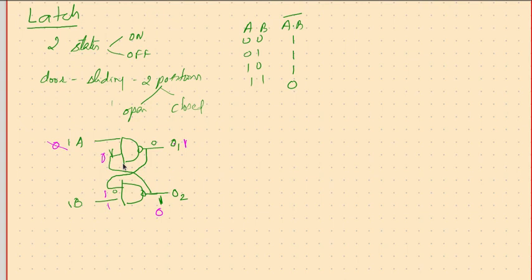So now, as long as you don't disturb, that means as long as A and B are 1 1, this is going to remain 1, this is going to remain a 0. Want to disturb again? Okay, now make it a 0 here. When you make this a 0, this becomes 1, because any input 0 means the output is going to be 1. Now this is 1, a 1 comes back here, and 1 1 will make this a 0, and this 0 comes back here, and this 0 now ensures the output to be 1.